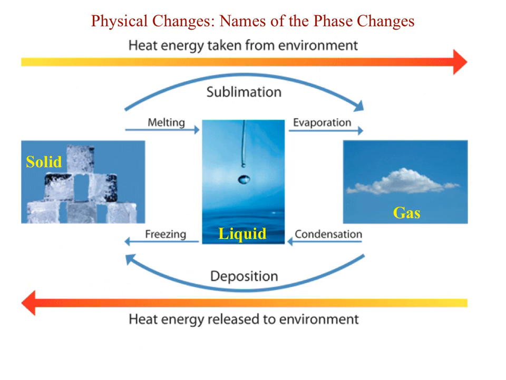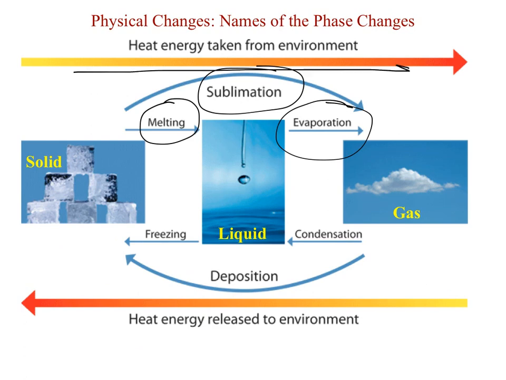This diagram shows you the three phase changes we just talked about: melting, evaporation, which is a form of vaporization, and sublimation. And notice the arrow at the top says that heat energy taken from the environment will be put into these states in order to get them to change. At the bottom of the diagram, you will see that there are three additional states that work in opposition to the three we've just discussed: condensation, deposition, and freezing. And you'll notice the arrow goes in the other direction. This time, heat energy will be removed from the substances and released into the environment.